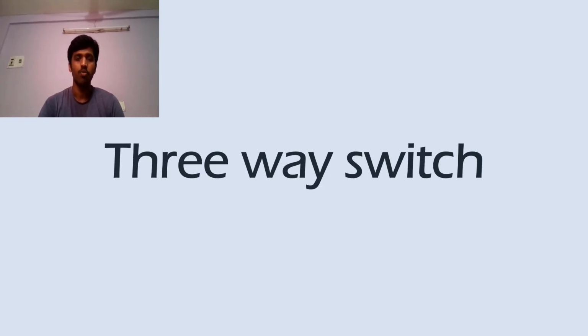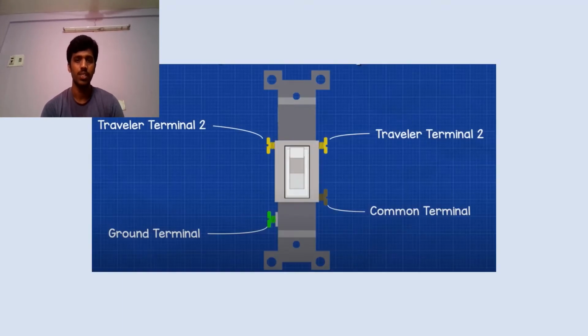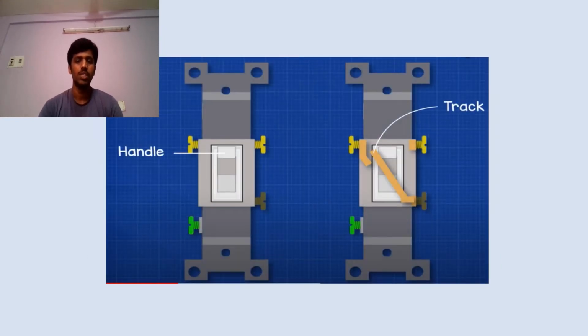Today I'd like to give information about the three-way switch. The three-way switch consists of four terminals. One is the ground terminal, the common terminal, traveler terminal 1, and traveler terminal 2. So this three-way switch consists of a track where the flow of electrons goes through, and this track is controlled by a handle,